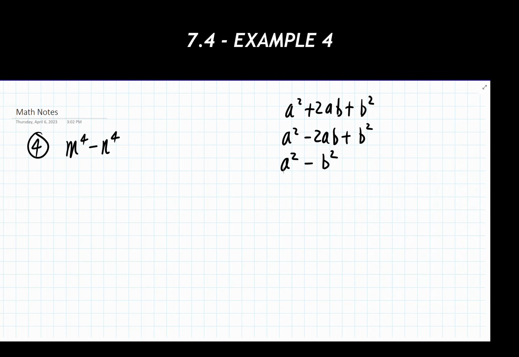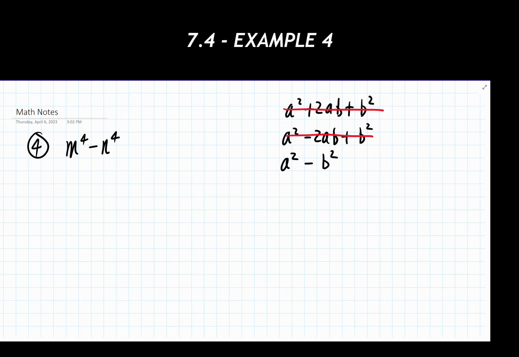All right. Looking at our fourth and final example here, throwing one that's a little bit of a curveball at you. We're working with m to the 4th power minus n to the 4th power. And we look at this and we might think back to our previous examples and go, okay, well, I can do process of elimination to determine, well, okay, I'm not using that, not using that. This thing at most could be the difference of squares. But when we look at this thing, well, this is to the 4th power, and the form that I've been given only has a difference of 2 squares, something raised to the 2nd power.